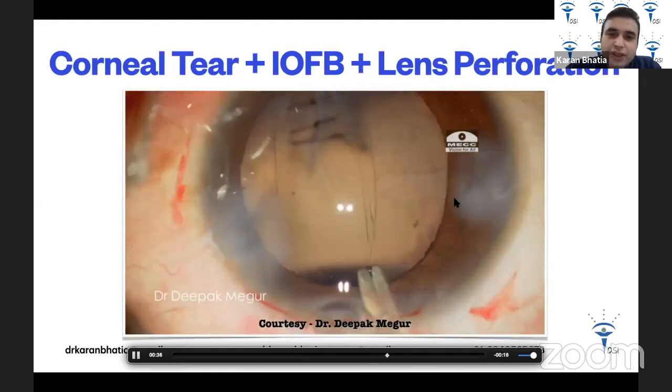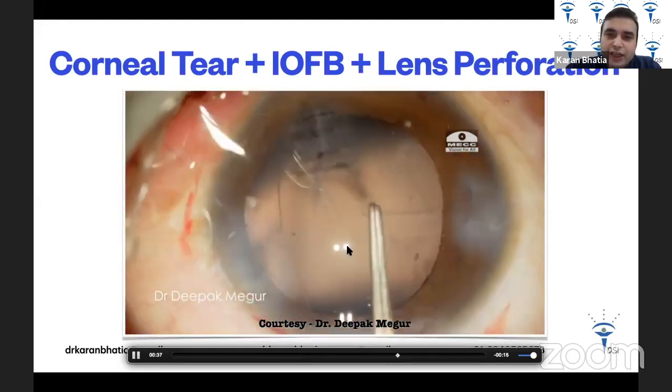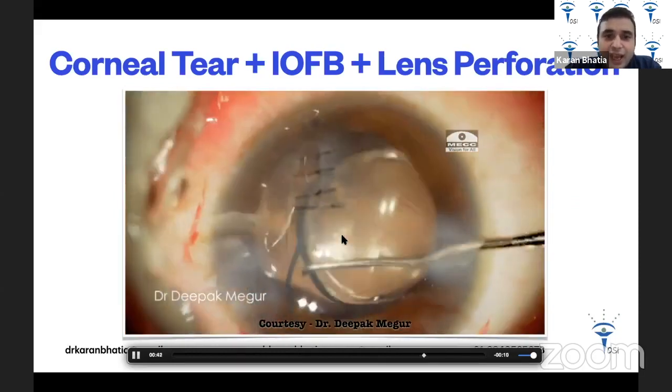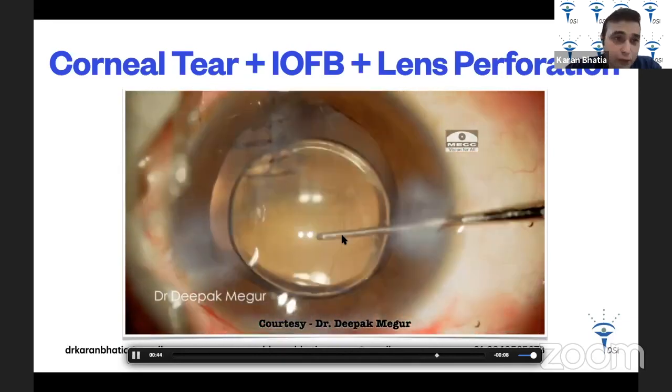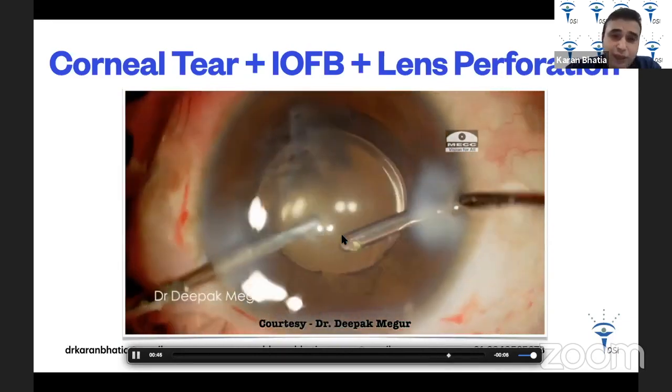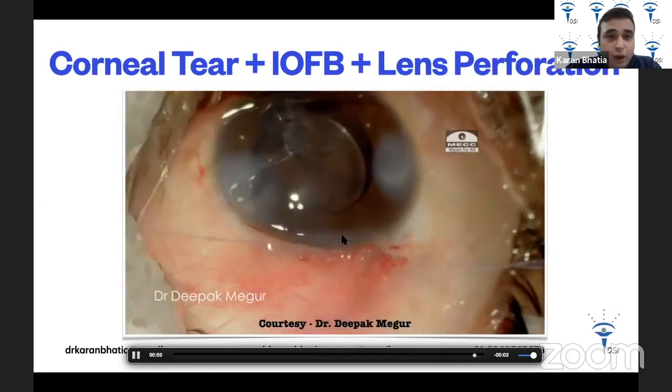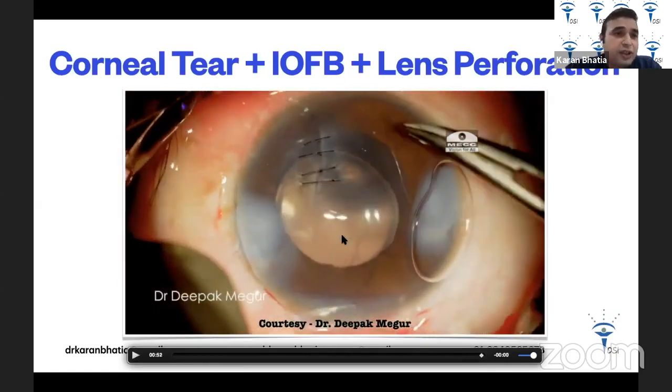So after this, you can see this is the anterior capsule tear that was here. And what he has done is he's converted it into a somewhat CCC, and he's put this 3-piece IOL into the sulcus with an optic capture, meaning that the haptics are in the sulcus, and then the optic is in the bag. And after this, it's important to always inject triamcinolone and check for any vitreous.